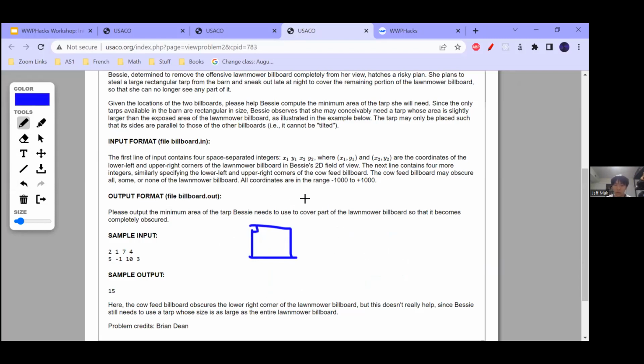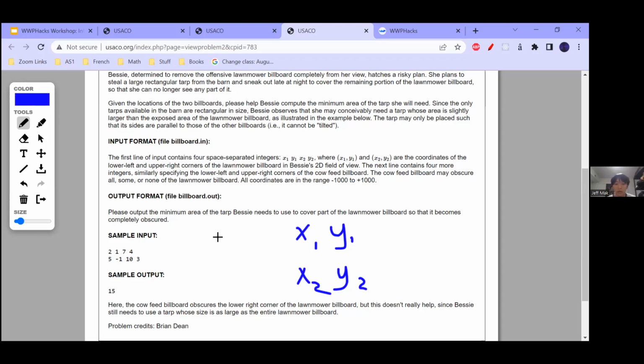There are two coordinates, x1, y1 and x2, y2, and that's the cow feed billboard.